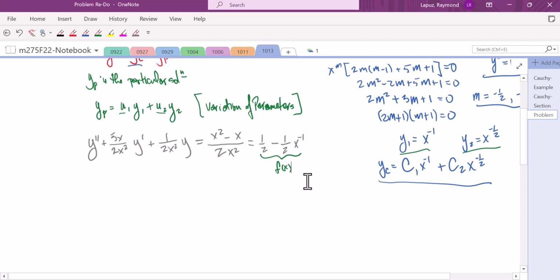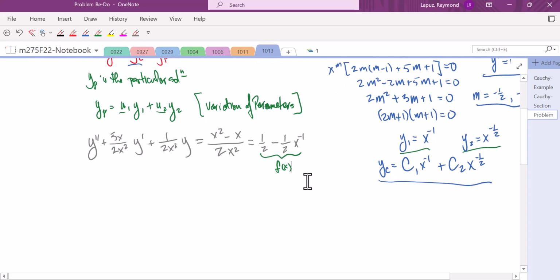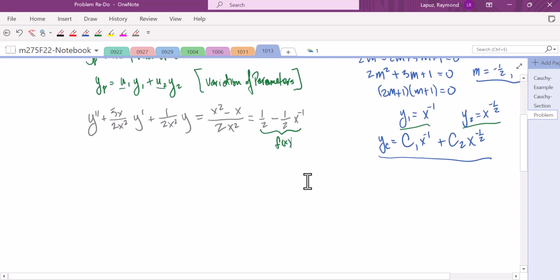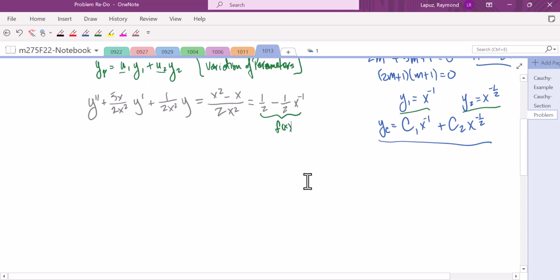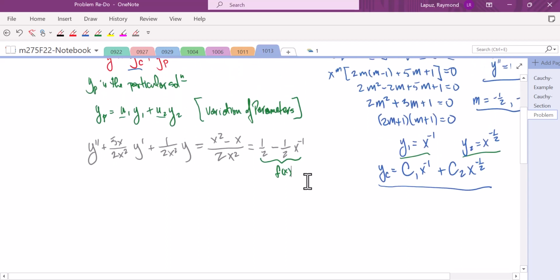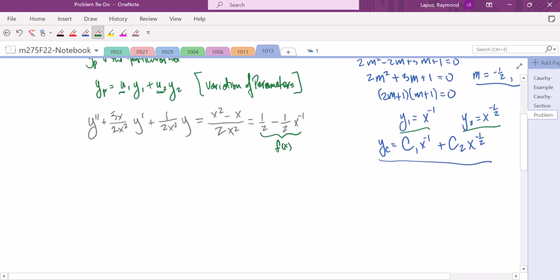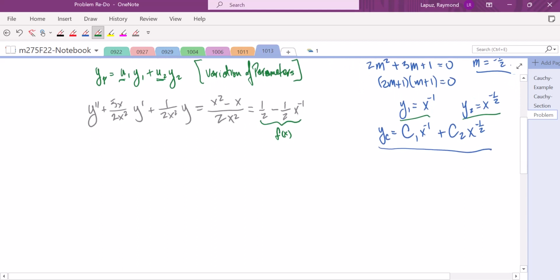Okay, now that we've identified our f of x, we can move on to finding our Wronskian and our W1, W2 to help us find our u1 and u2. This u1 and u2 that we're going to find. So we begin with our Wronskian W, and that is going to be collecting our fundamental solution set,